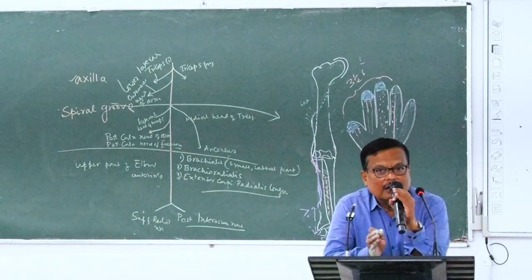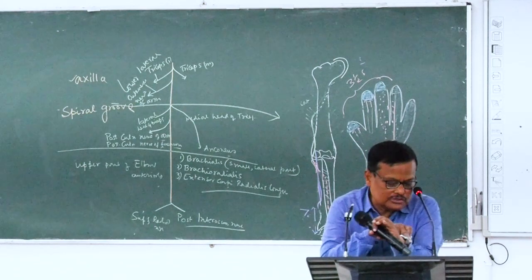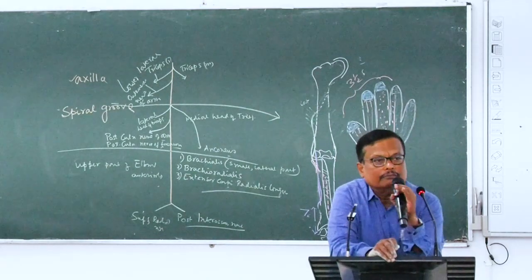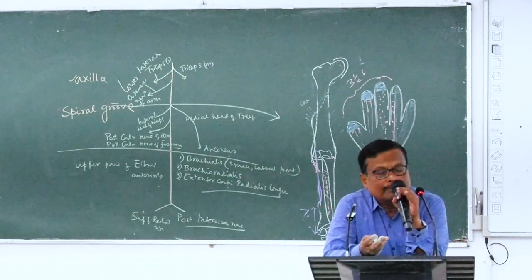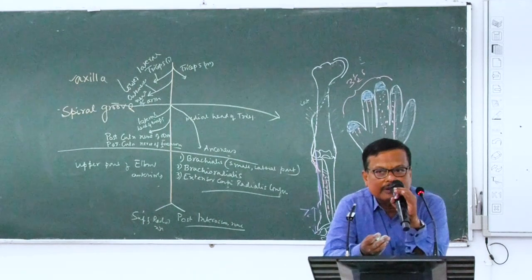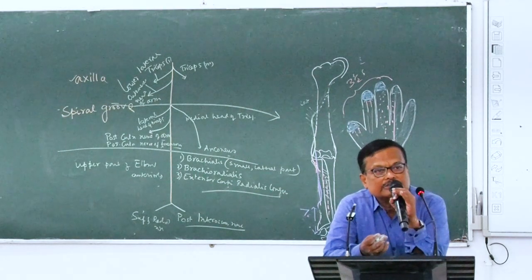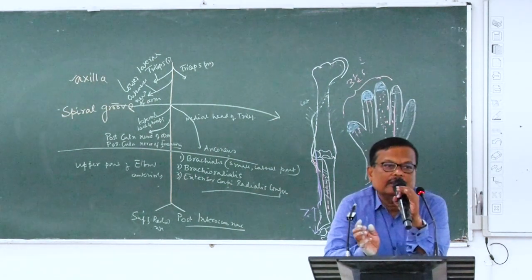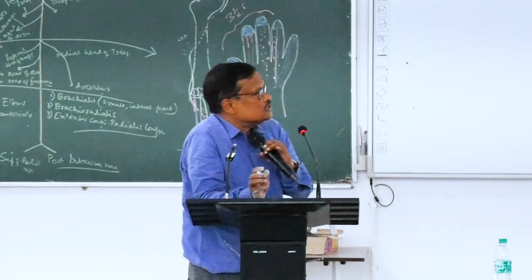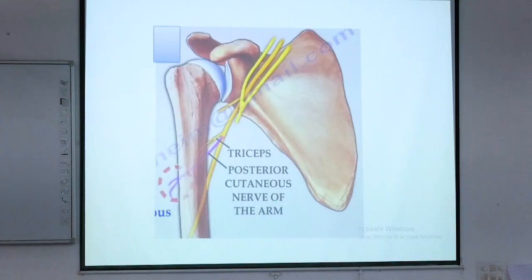Next, it passes between the superficial and deep groups of extensor muscles. একটু তাড়াতাড়ি করছি, টাইম প্রায় শেষ হয়ে আসছে. And then it supplies all the back muscles of the forearm: extensor pollicis longus, abductor pollicis longus, extensor pollicis brevis, extensor carpi radialis longus, extensor carpi radialis brevis, তারপরে extensor digitorum, extensor indicis, extensor digiti minimi, extensor carpi ulnaris. All are supplied by the radial nerve. Finished. So these are the branches of the radial nerve. তাহলে এইটা জানার পরে আমি এবারে চলে যাচ্ছি আজকের আসল ক্লিনিক্যাল অ্যানাটমিতে।